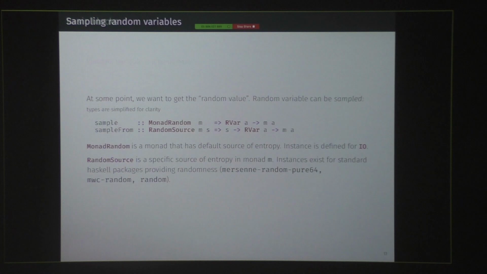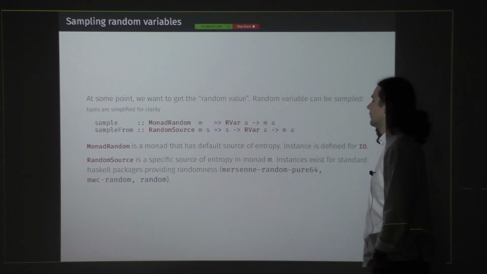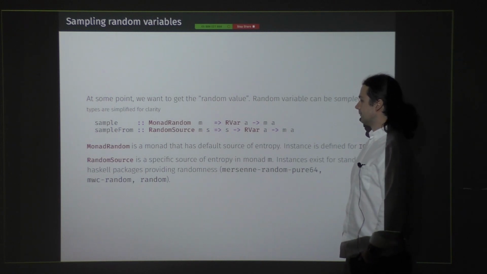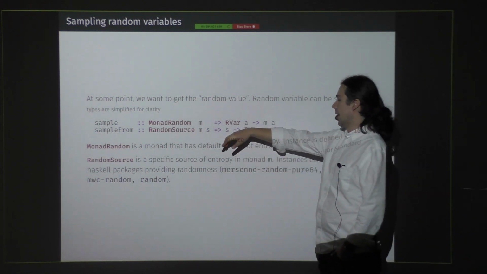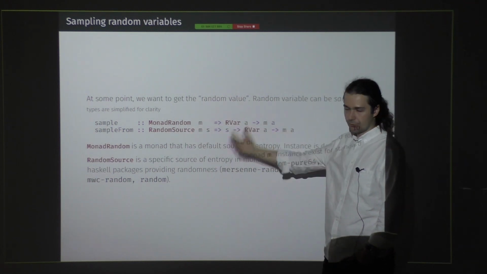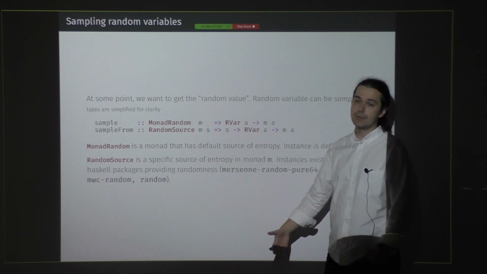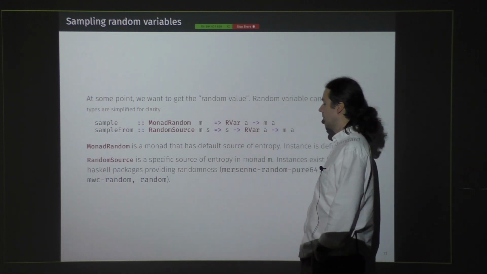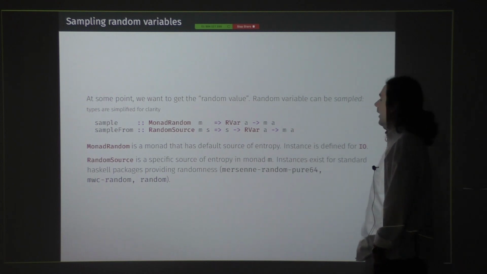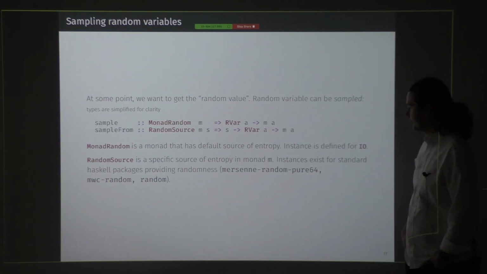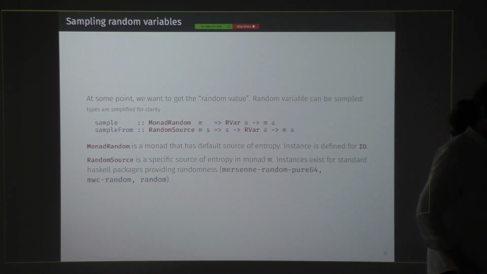If we have a random variable, then we want a way to produce a random number. So there are two functions, which I provide here with slightly simplified types, that allow you to sample those random variables. Given that we are working in a monad that allows us to produce random numbers, like for example the IO monad, which can ask /dev/random on POSIX systems to produce a random value, from the random variable it can produce the value inside that monad. I can use different sources of randomness.